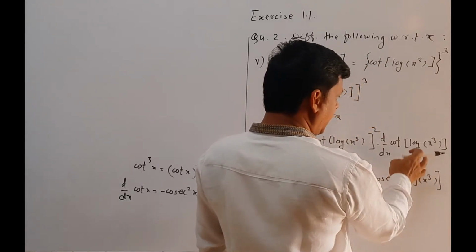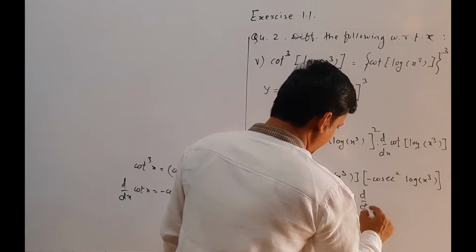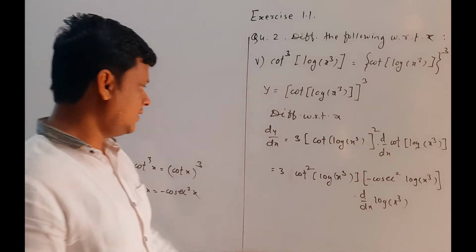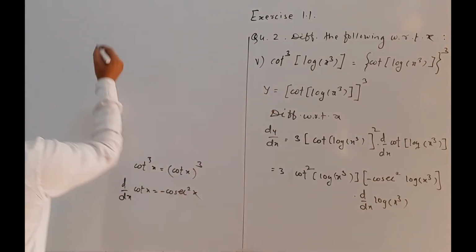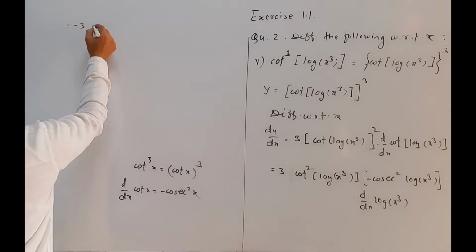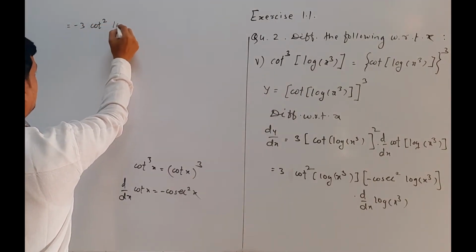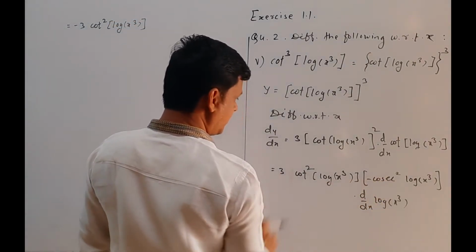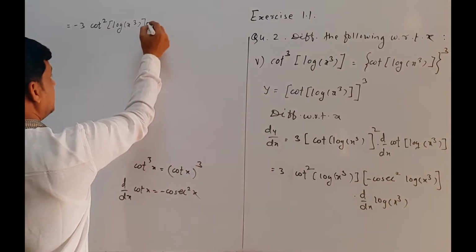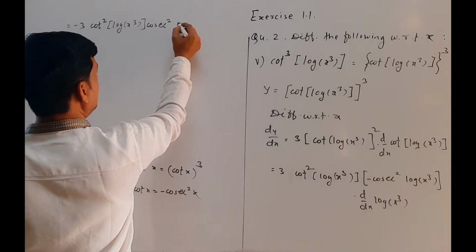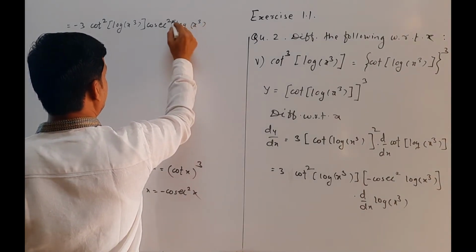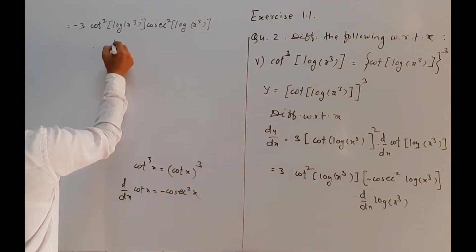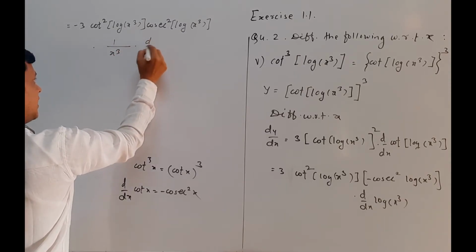Then we have to find the derivative of log. So into d by dx of log of x cube. Then we write this as minus 3 cot square log of x cube. We write this minus sign with 3. Then cosec square log of x cube into, so the derivative of log is 1 upon, so we write 1 upon x cube into d by dx of